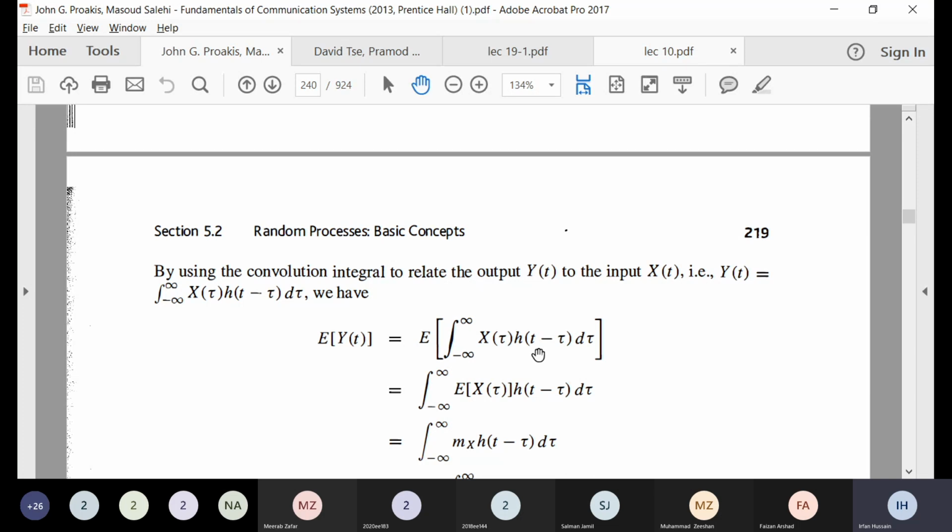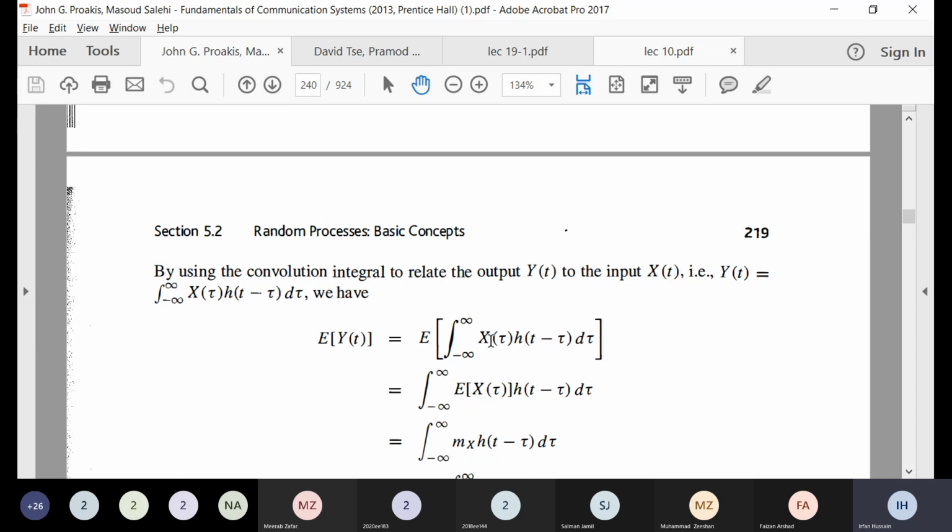I take the expectation inside, so this is a deterministic number and will come outside the expectation operator. Integration is just a linear function, so the expectation can go inside the linear function, but the expectation will actually hold around x of tau, because we saw that x of tau is a stationary process. So when you fix time for the random variables, expectation will